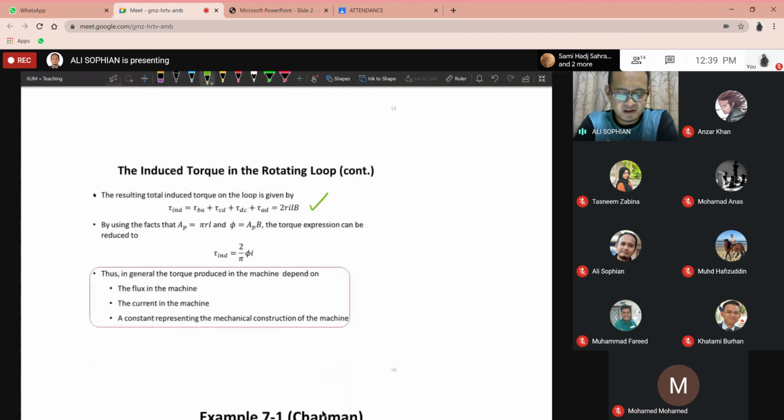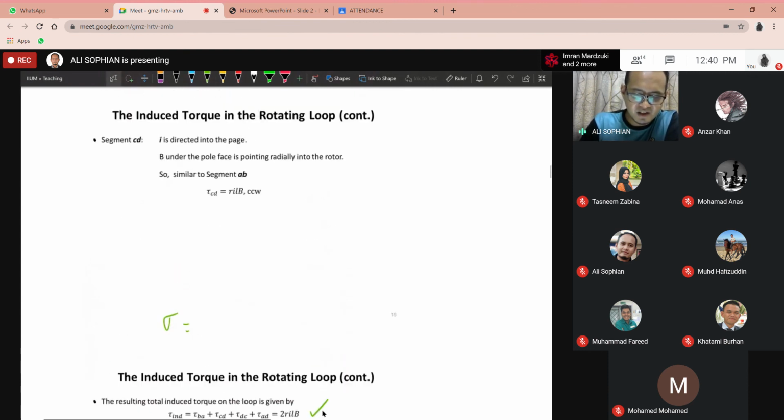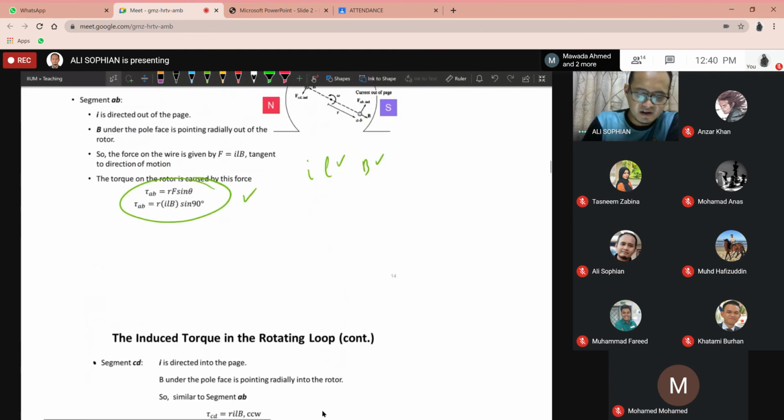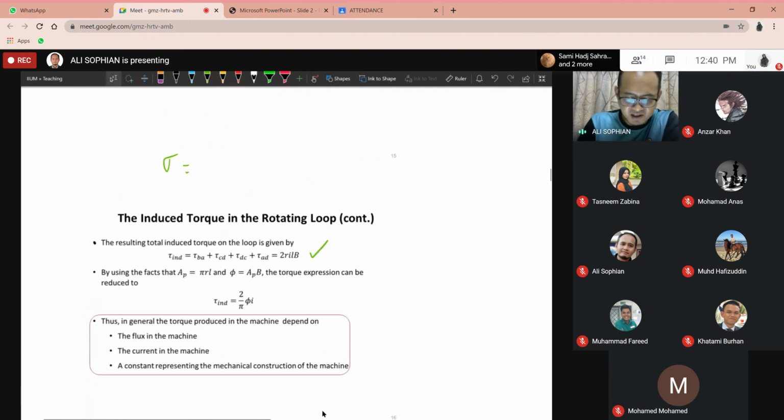The total torque. How do you find the torque? First, in the calculation, we calculate the forces. F gives you ILB, then you can convert it into torque by multiplying with R sine theta. Then you can find the total torque by adding them up together. But for segment CD and AB, sorry, AB,